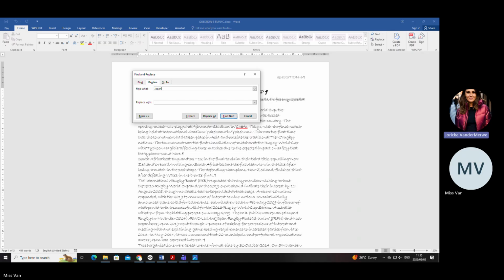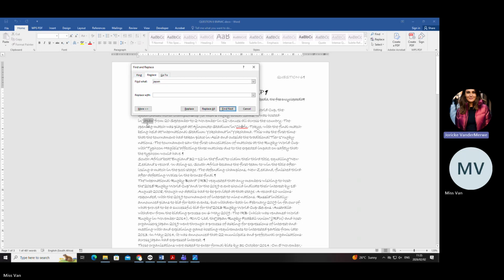You cannot mix up uppercase and lowercase, because the computer is a machine. It looks for characters. Are you with me? So if you write Japan like this, it's not going to get anything. It's going to say 0. Well, it actually picks it up, I'm surprised. But for me, the safest option is the J capitalized. Now very carefully look at what I'm doing.